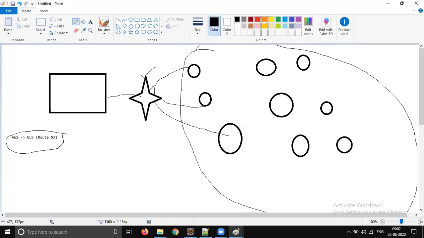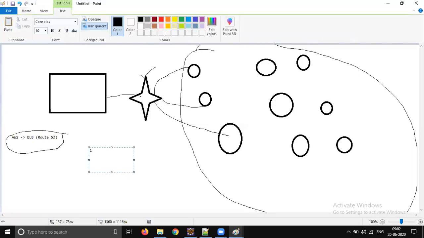Moreover, there are two things here. One is load balancing, that is balancing the load. That is one concept.